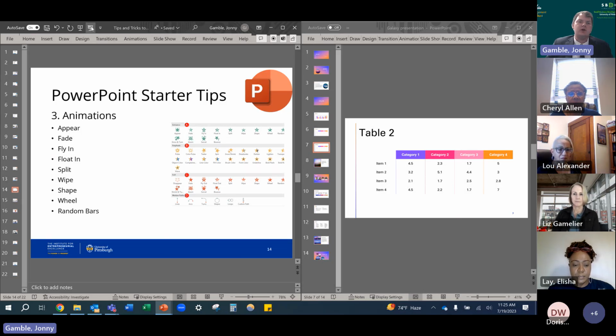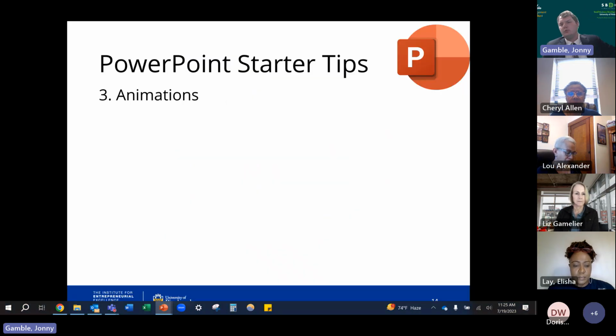One other really cool way to use PowerPoint is using animations. In the normal view, you wouldn't see animations pop up because I was in the editing view. But when you are in presentation mode, you can have information pop up little by little. You can animate how the information will display on the screen.